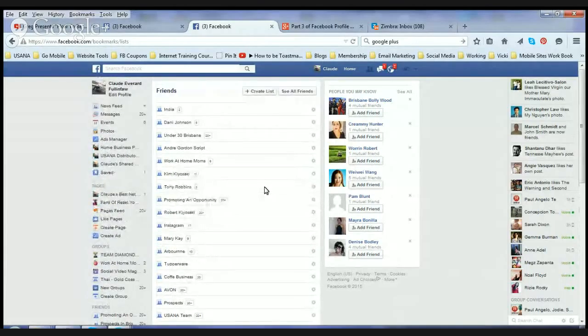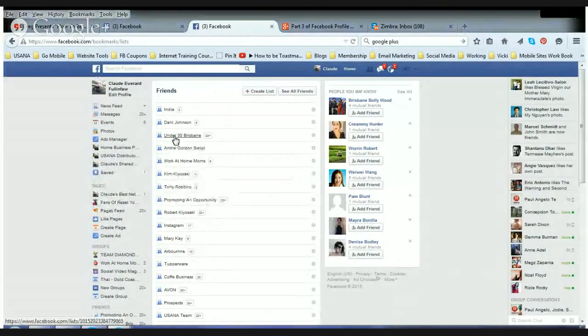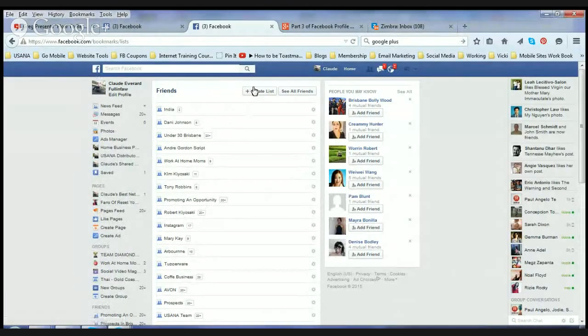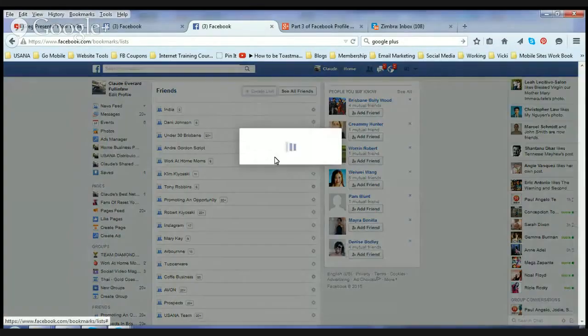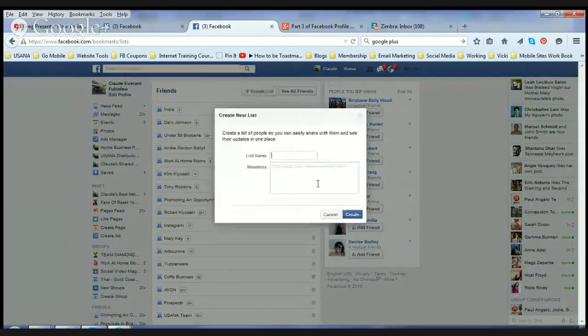So let's look at one group here, under 30s. Creating a list is simple. Sorry, before that, let's look at creating a list. I'll just click it, and it pops up with this window. You put the name of the list here. So you could put Danny Johnson here, for example,